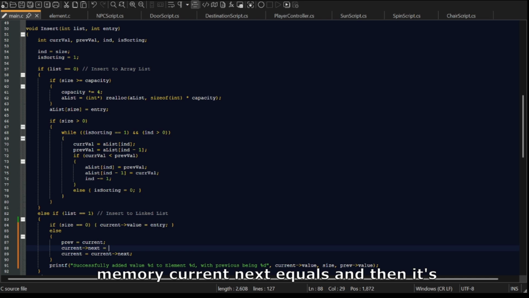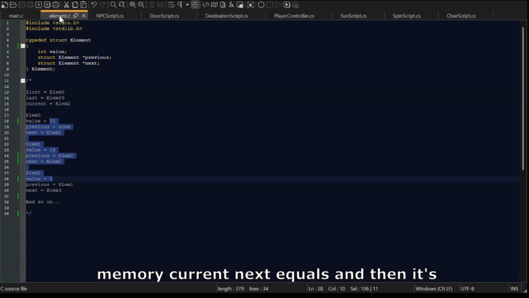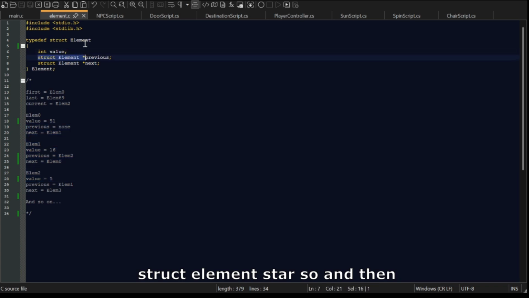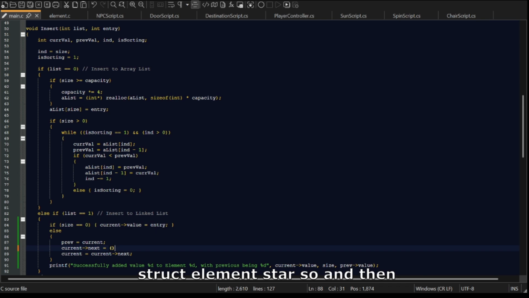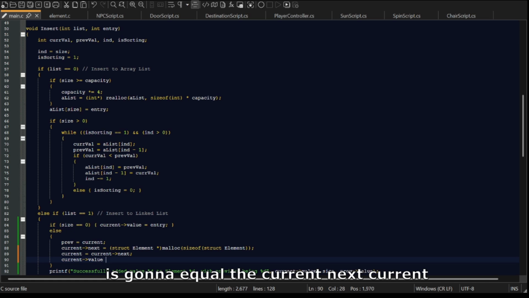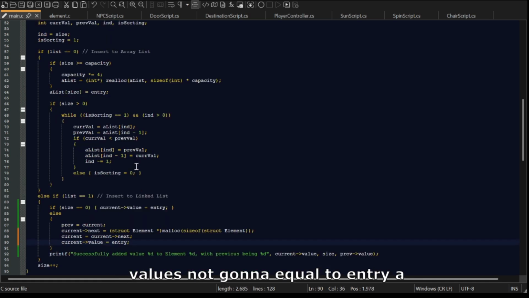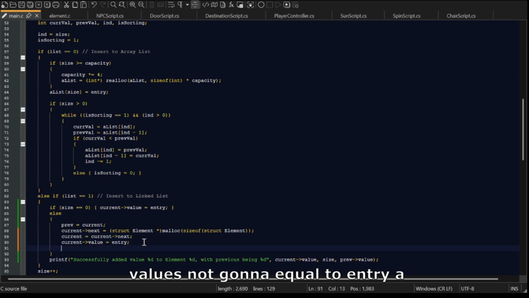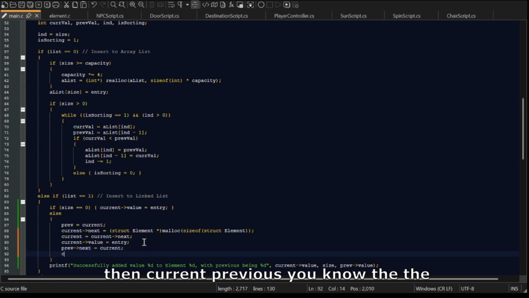Current next equals struct element star, in parentheses, malloc sizeof struct element, and then current is going to equal current next. Current value is now going to equal entry, prev next will be equal to current, and then current